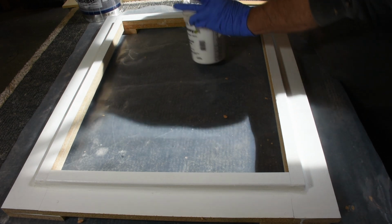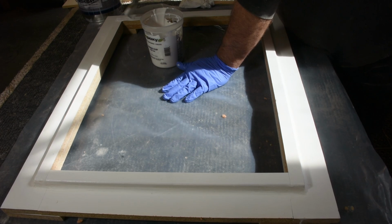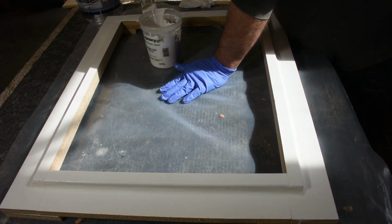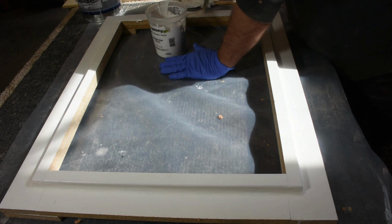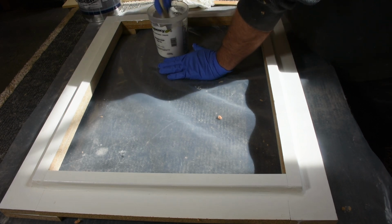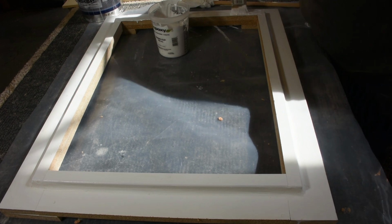And now I'll just take my chip brush and go all the way along and put a liberal coat on it. And this will be in a place that you want to make sure that you have enough gel coat on your bottom corners. So I'll go over that 2 or 3 times. And once I get the product on the surface that we're trying to coat,